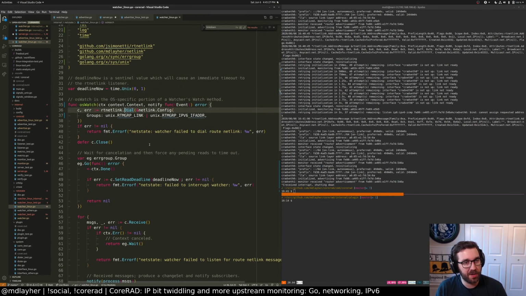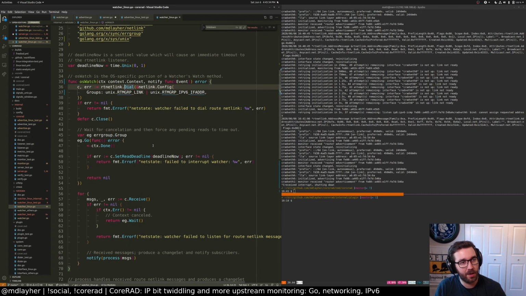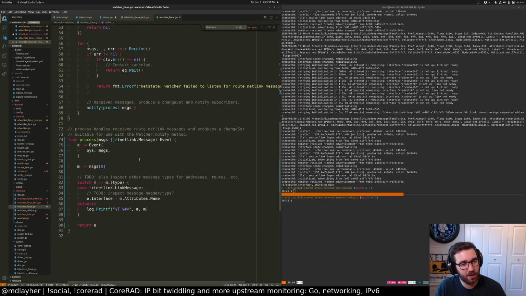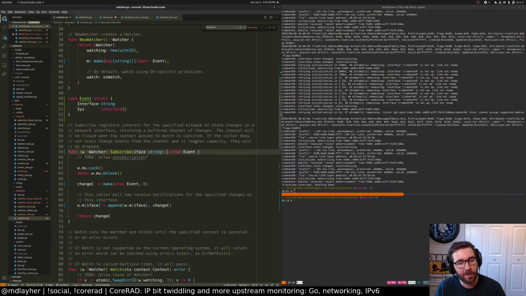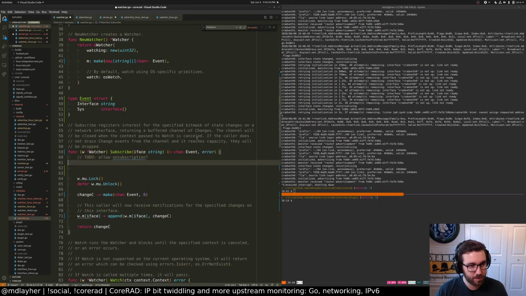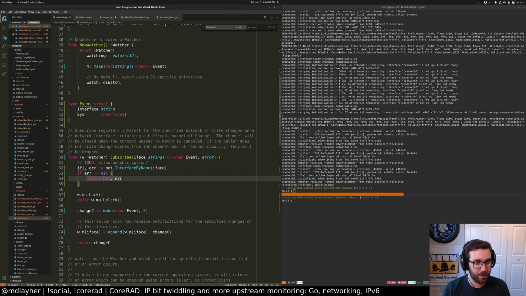So we already have route netlink sockets open down here. We can in theory just query for it, but I'd rather not do queries on demand. Maybe we'll do it up here in the higher level code instead. Then we'd probably have to return an error here, but that's fine. It's a little more verbose, but not a big deal. So subscribe, error. Net interface by name, error.